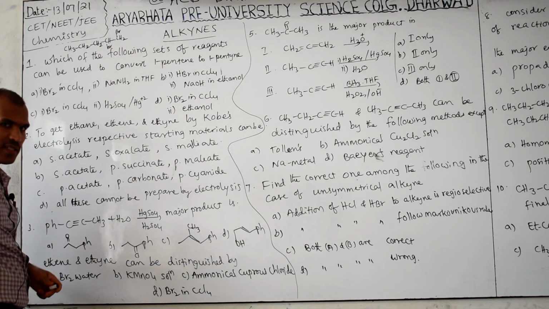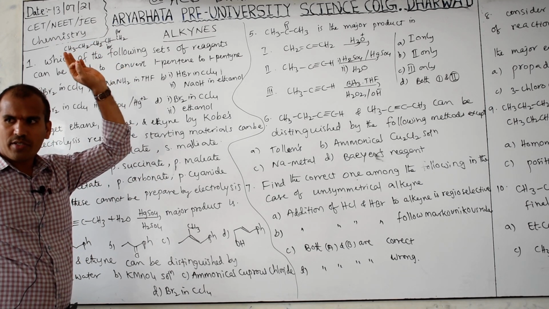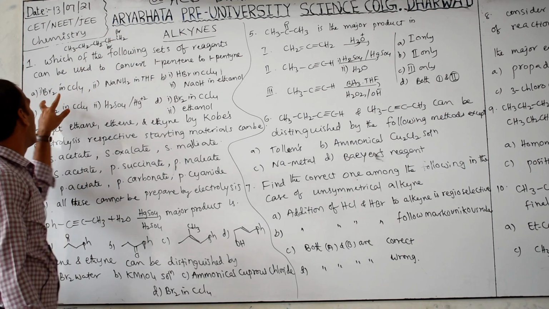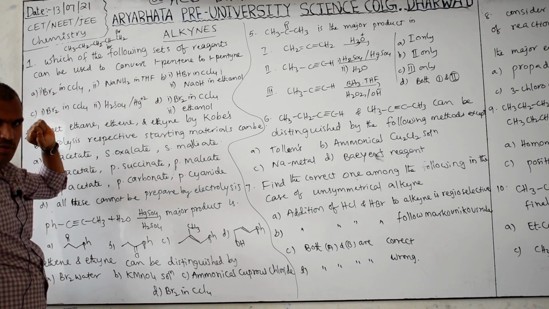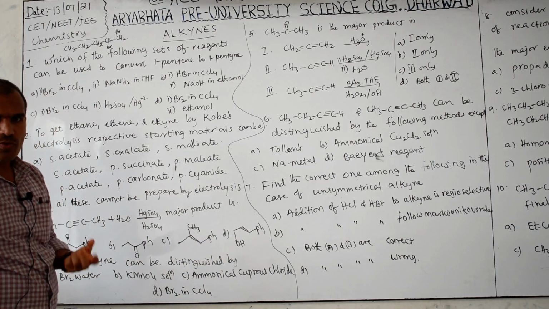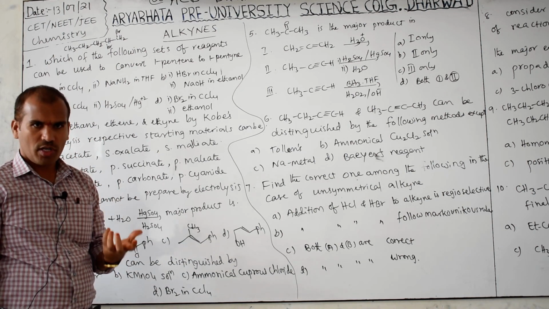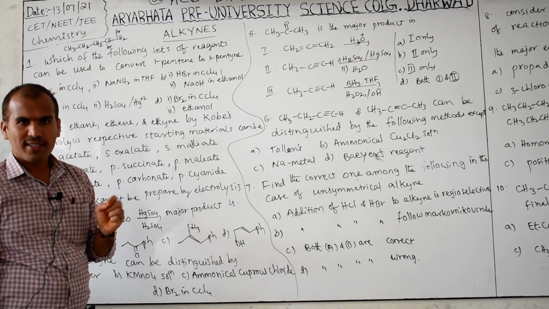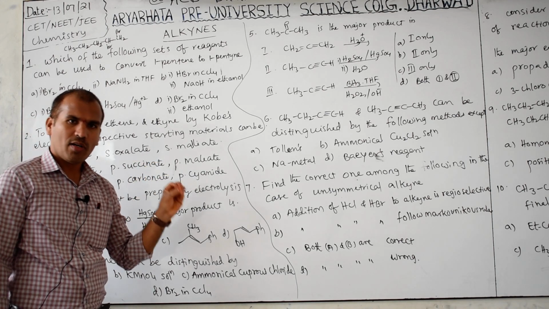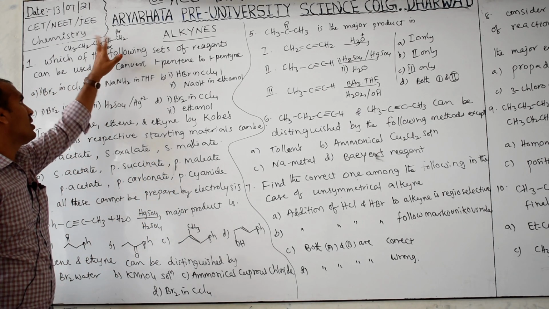Already I told you in the last class, addition of bromine is always anti. So bromine is added here. First step, bromine in CCl4. Generally the bromine in CCl4 test is used to identify a double bond or triple bond, because bromine is orange in color. When the bromine color disappears, we conclude that it may have a double bond or triple bond. So we added bromine to this one.